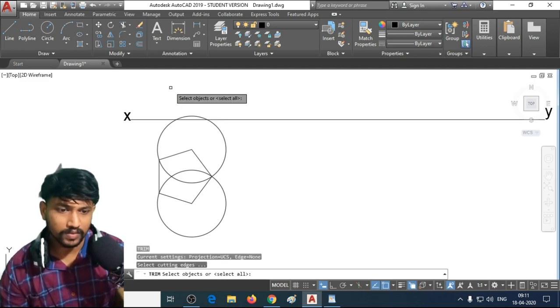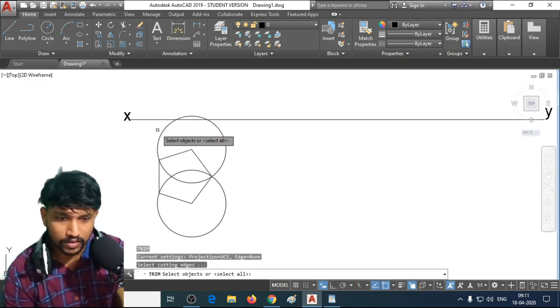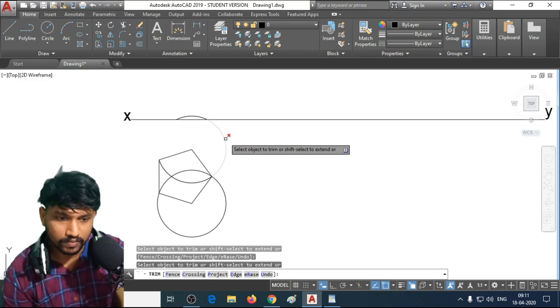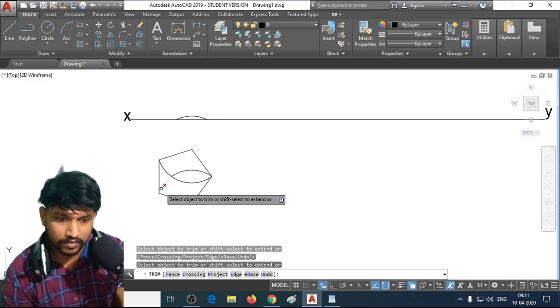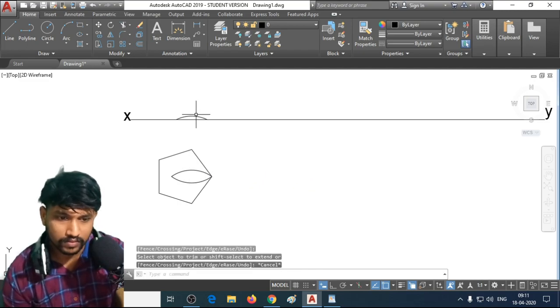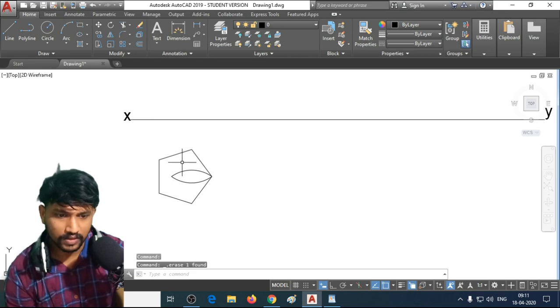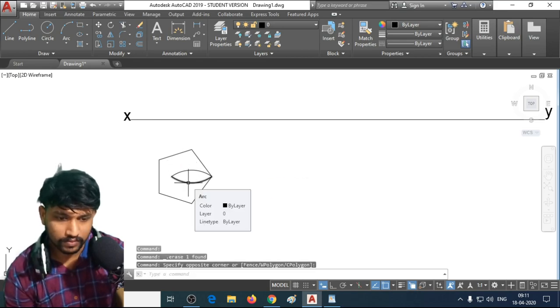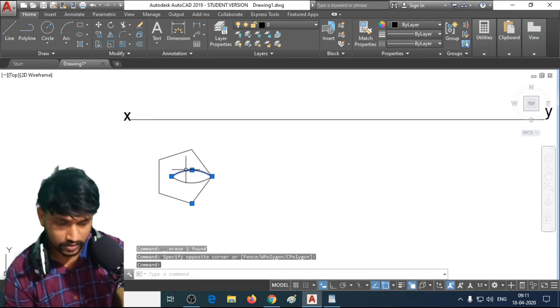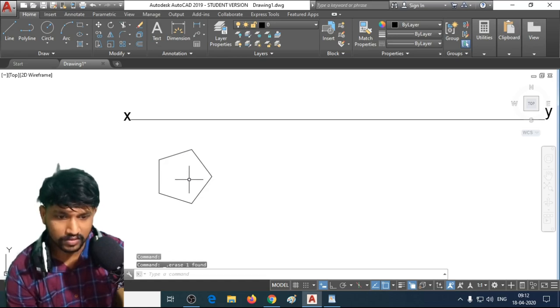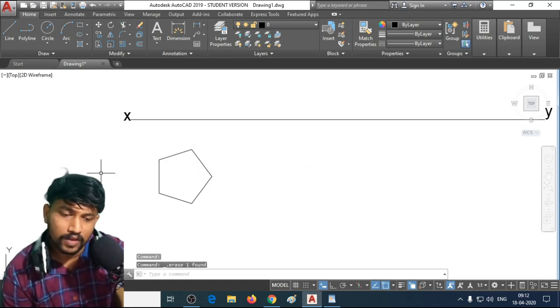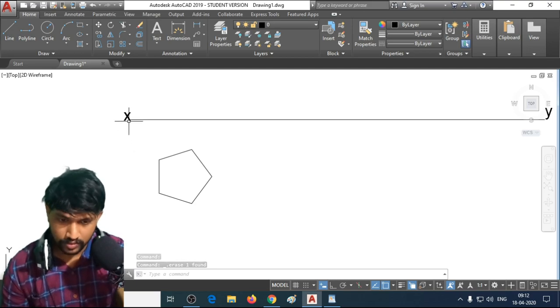There are so many basic methods in order to make a pentagon. You can follow as you want to. Several methods are there, you can follow any one. I think these are distracting. I'm going to delete these two also. Okay, so now what we're going to do is